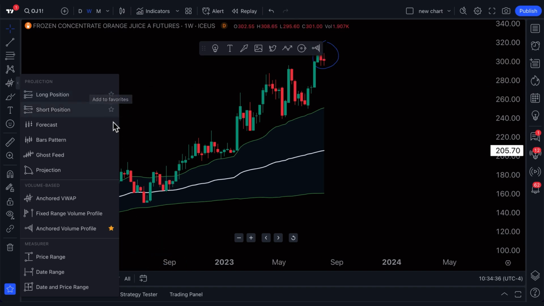It's now gone. And now watch what happens when we add some stars. You can see the menu is now expanding. So you can favorite your